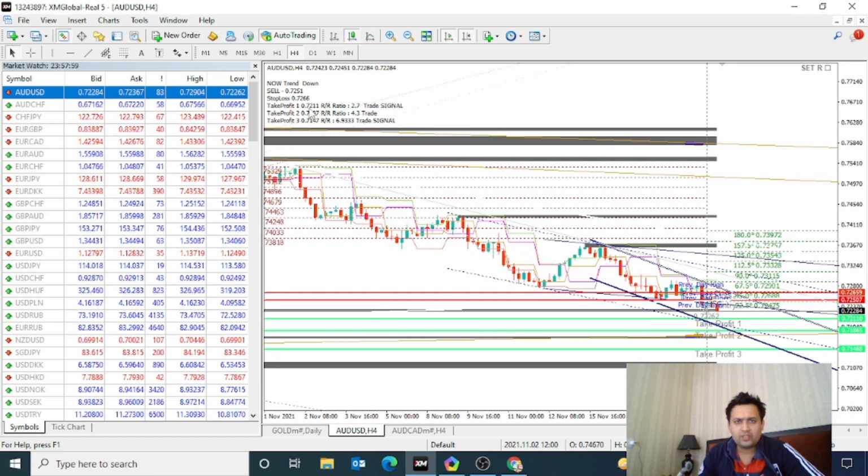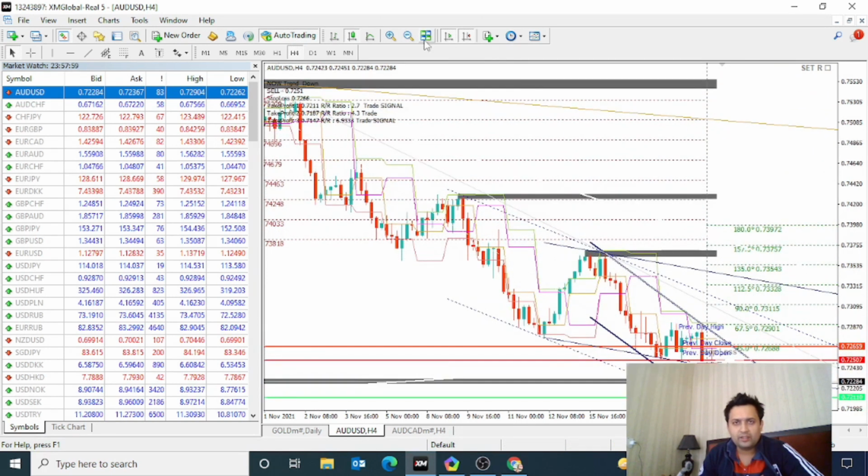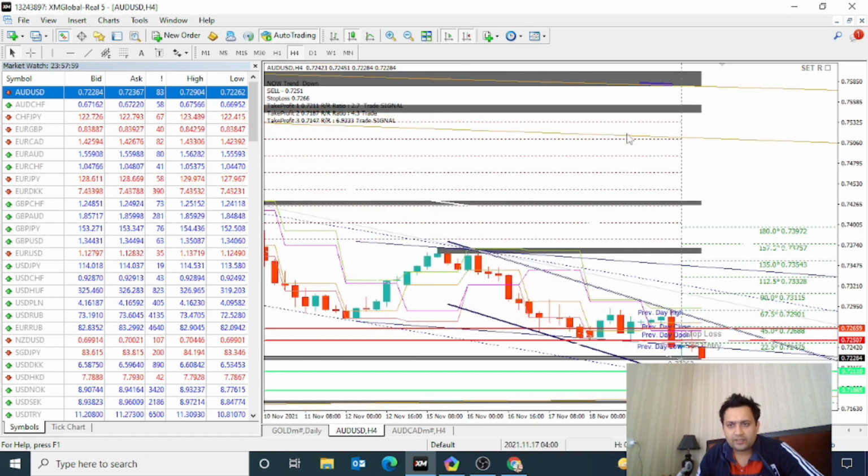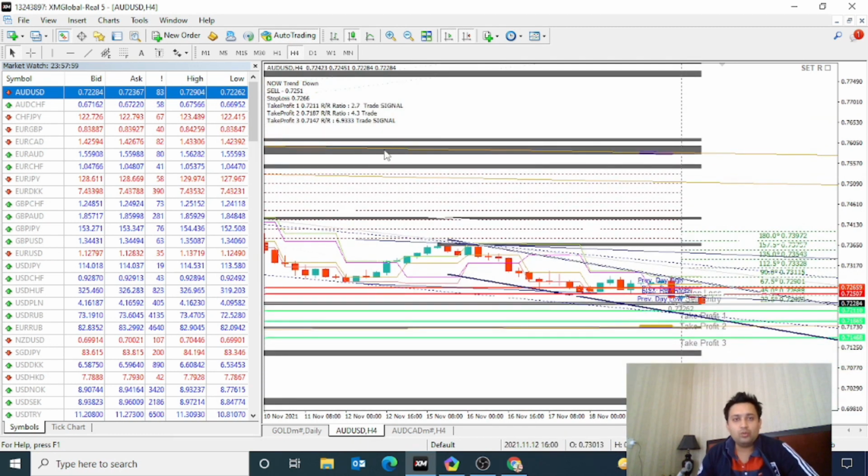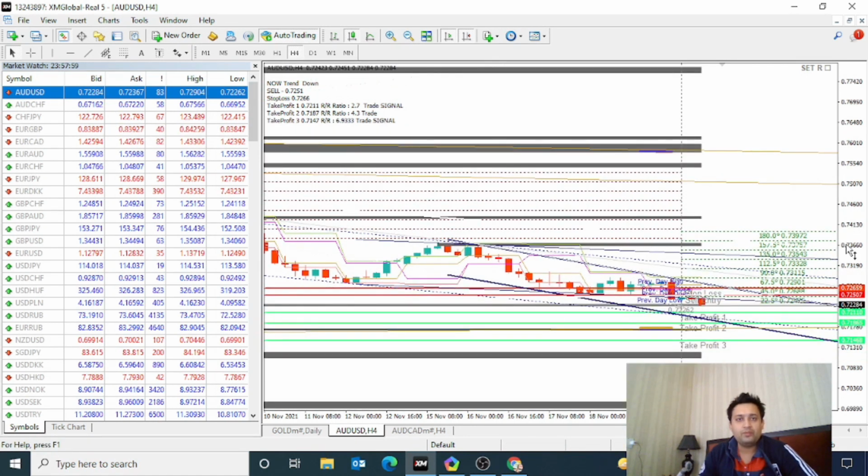For example, if your first take profit hits, you can move your entry point to the point of first take profit. For example, you sell here at this point. So first take profit is there. When the market comes to this point, you don't need to close the trade. You need to move your entry point to this level and wait for the second level of take profit to hit. I hope you understand this indicator, this best software which automatically gives you the best signal.